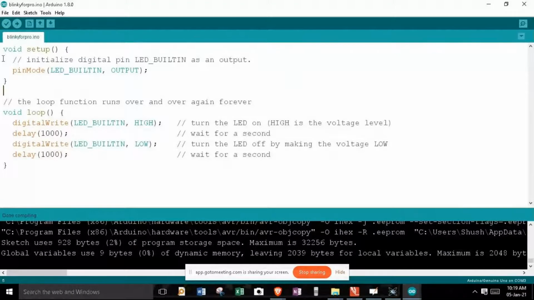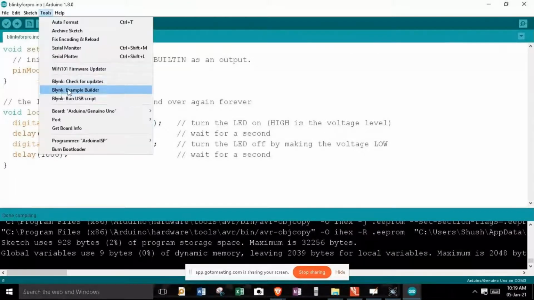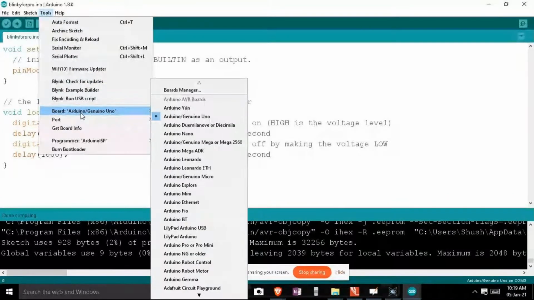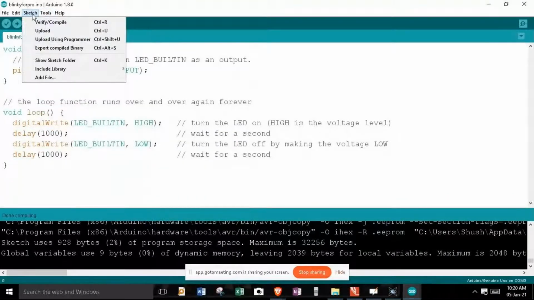So right now we are done with compiling our program specifically for Arduino Uno, and right after that, under Sketch, you can find Export Compiled Binary, or you can do that with the shortcut Control Alt S. So hit Export Compiled Binary because we need a standalone hex file. For that purpose, I've got to hit Export Compiled Binary.